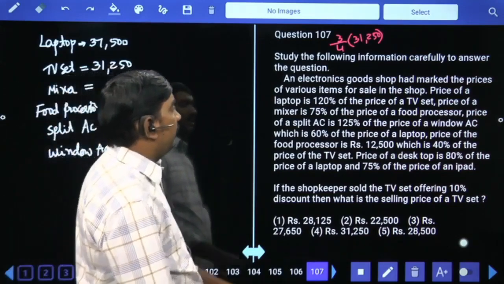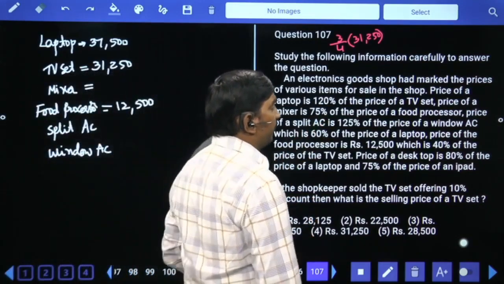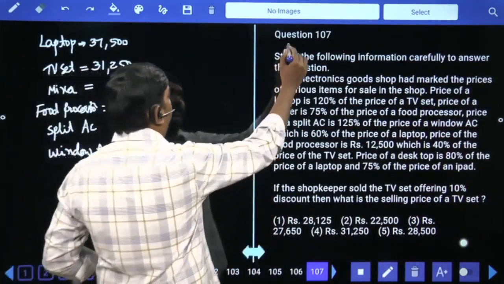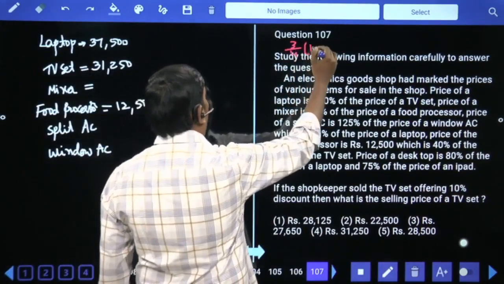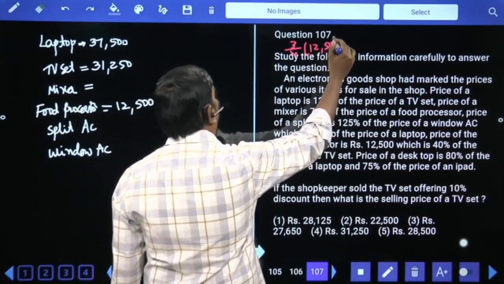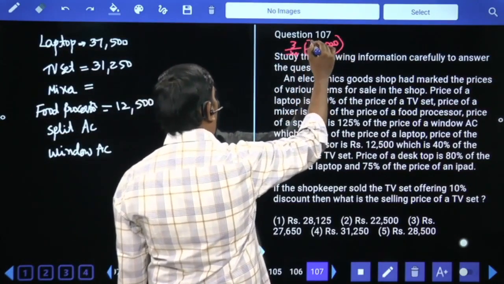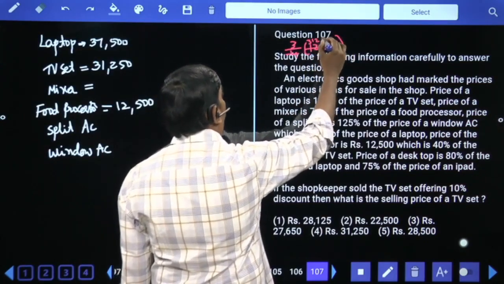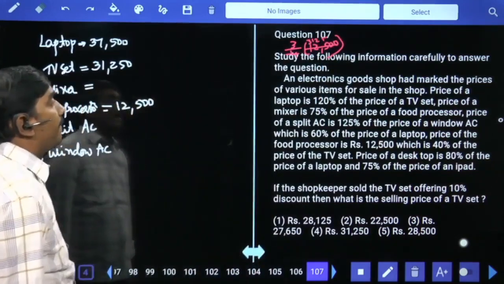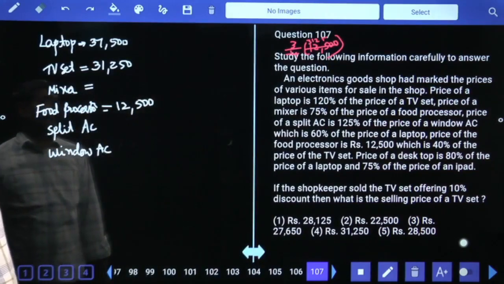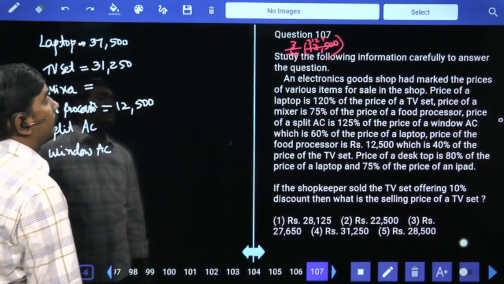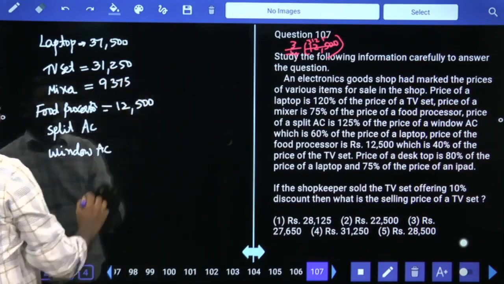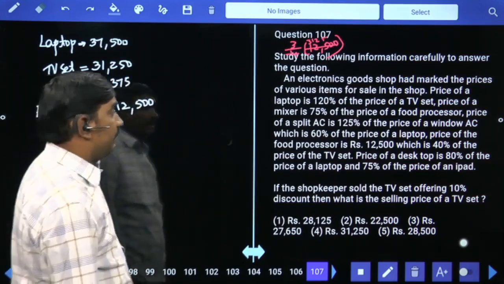The price of the mixer is 75% of the price of the food processor. The food processor price is 12,500. So we need 3/4 of 12,500. 4 threes are 12, 4 ones are 4, 4 twos are 8, 4 fives are 20... that gives 9,375. So 9,375 is the mixer price. Next,